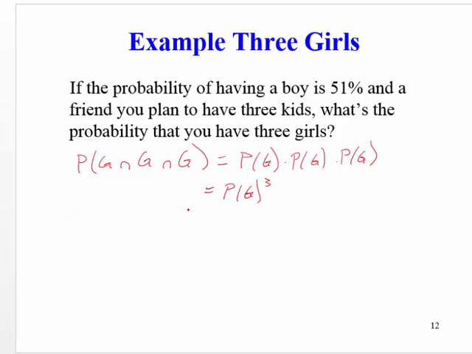Now the complement rule gives us the probability of a girl is the complement of 0.51, so it's 0.49. Now if we cube that, we get